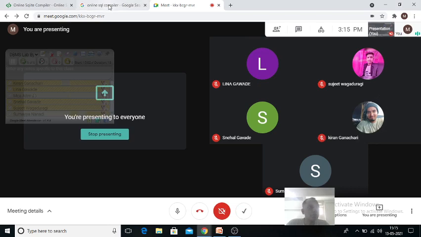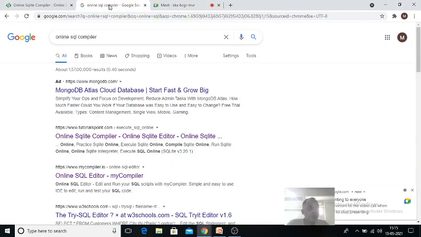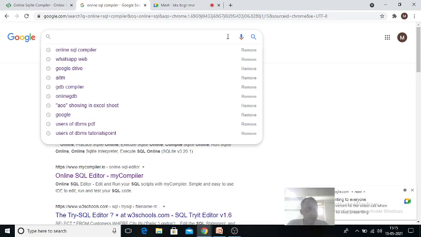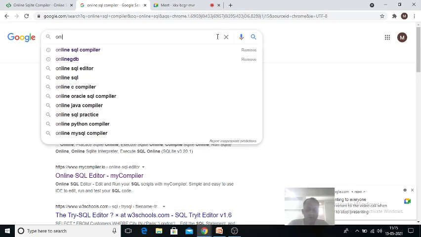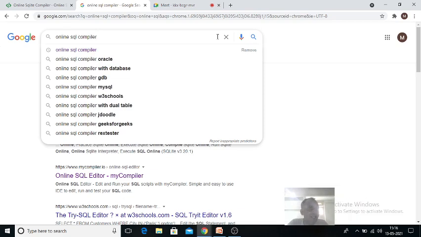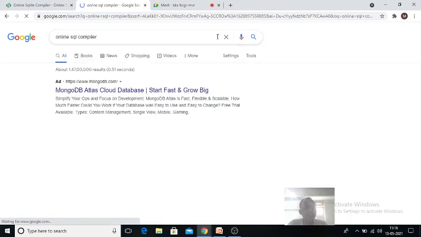Now what you need to do, just open Google. There you type online SQL compiler and hit the enter button.